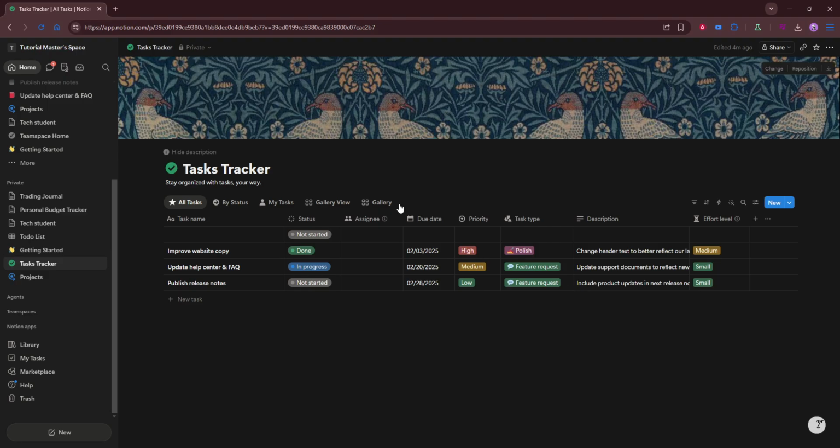Next, add the key project details you want to track. This usually includes the task name, current status, owner, priority level, and due date. These fields give your database the structure it needs so both you and Notion AI can work with the information more effectively. The clearer and more organized your entries are, the better the AI can help you summarize progress and